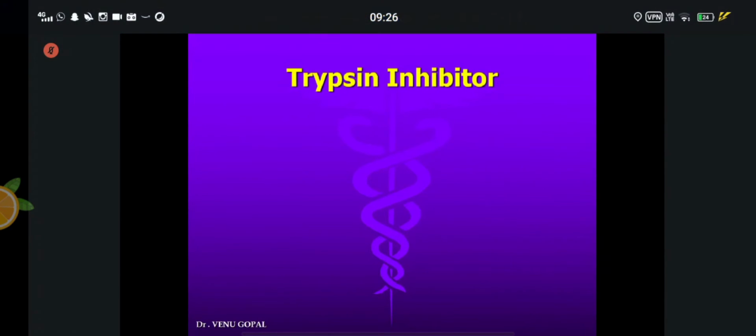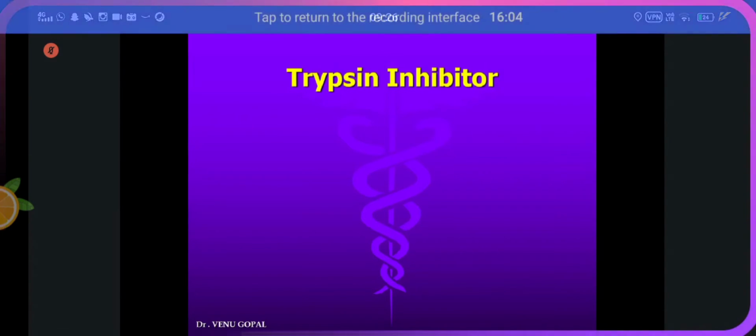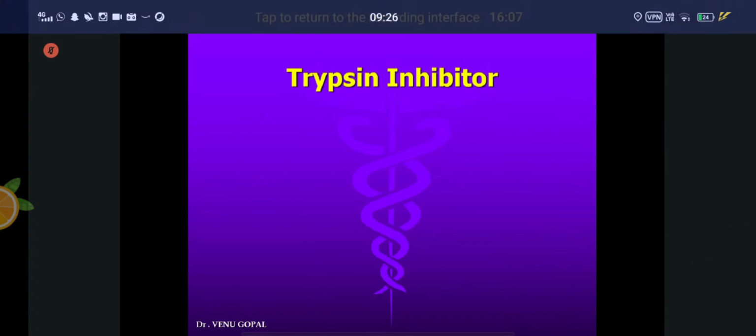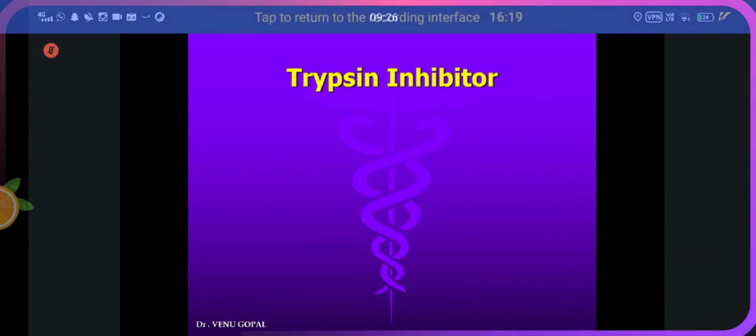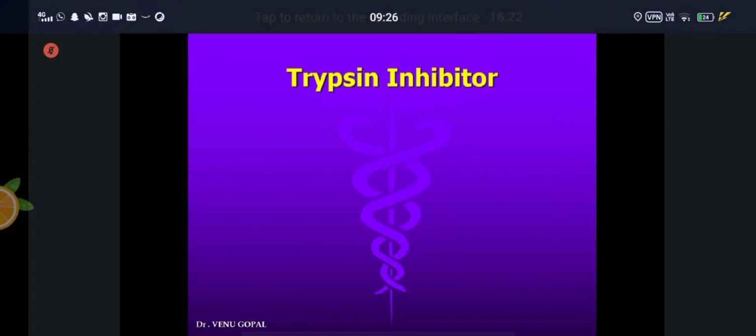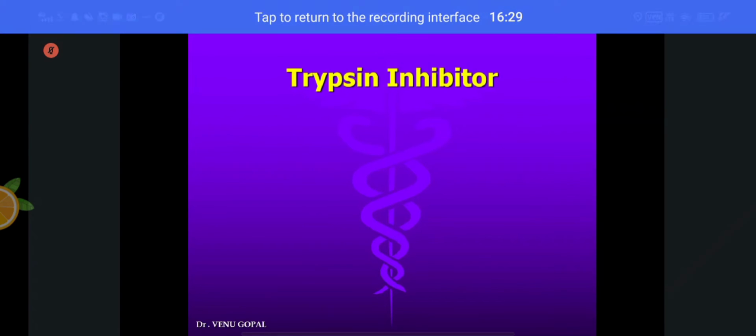Now, my question is, trypsin inhibitor is always successful in inhibiting trypsin as long as trypsinogen is in the pancreas. Only it will be activated after it's released into the duodenum or small intestine. Now, my point is, what are the situations, conditions, factors that make the trypsin inhibitor inactive and trypsin will become active in the pancreas itself? What are the situations? What will cause the activity?